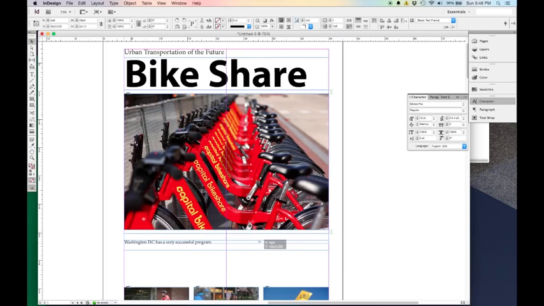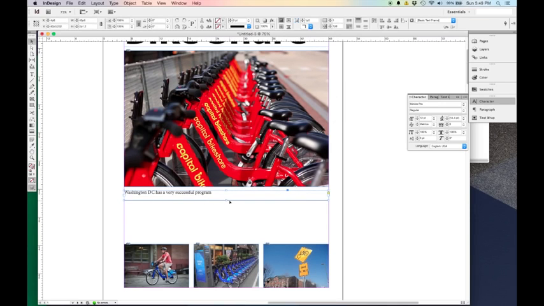pull this one up. And you'll see, as indicated by those two green arrows that show up, InDesign is really smart about spacing of objects. And so what it's telling me here is that the space where I've dragged this text frame is the same at the bottom of the Capital Bike Share image as it is at the top of the image. So I can release and know that this space here is the same as this space here. Keeps everything nice and evenly spaced and looking nice. Okay, pull this one up. All right, now let's say